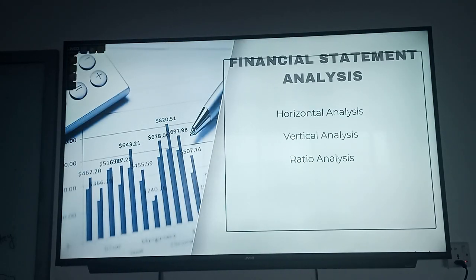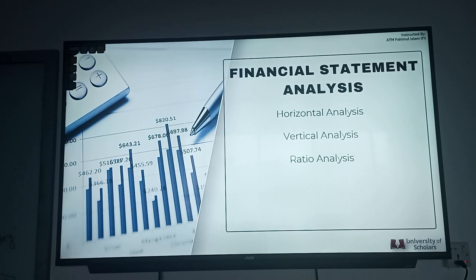So starting with financial statement analysis, which comprises 3 crucial types of analysis, which are horizontal, vertical, and ratio. First of all, we need to know what the financial statements are, which are intended to provide information on the resources available to management. So the balance sheet, the income statement, and the statement of cash flow provide crucial information to the stakeholders, and we use those 3 things to analyze